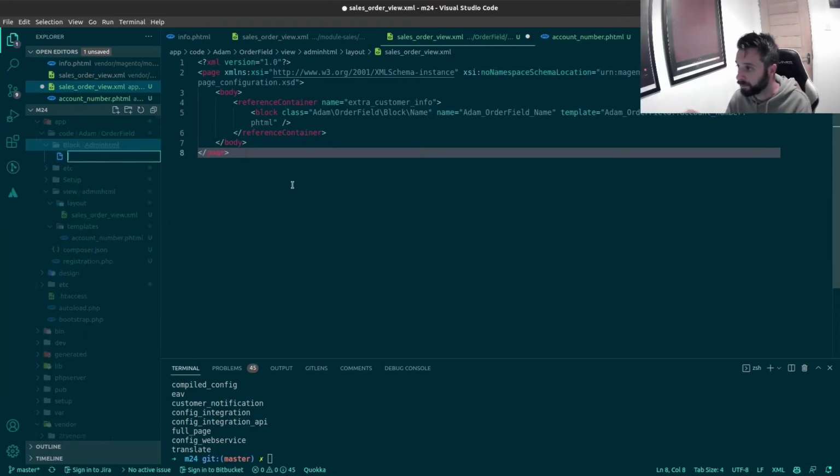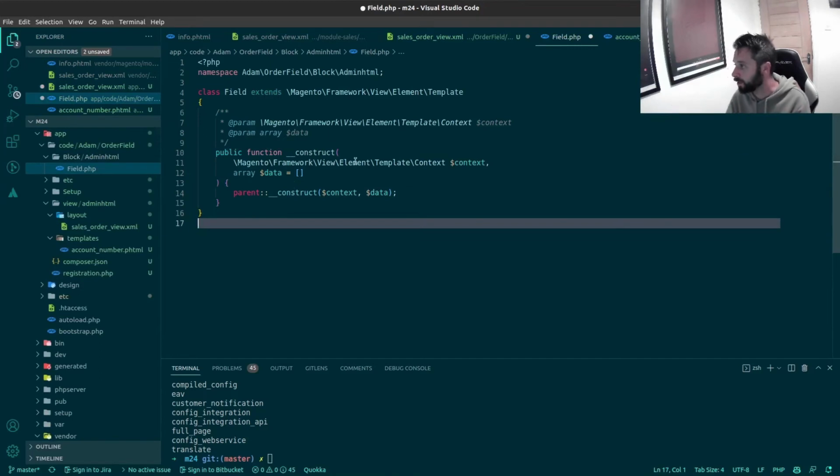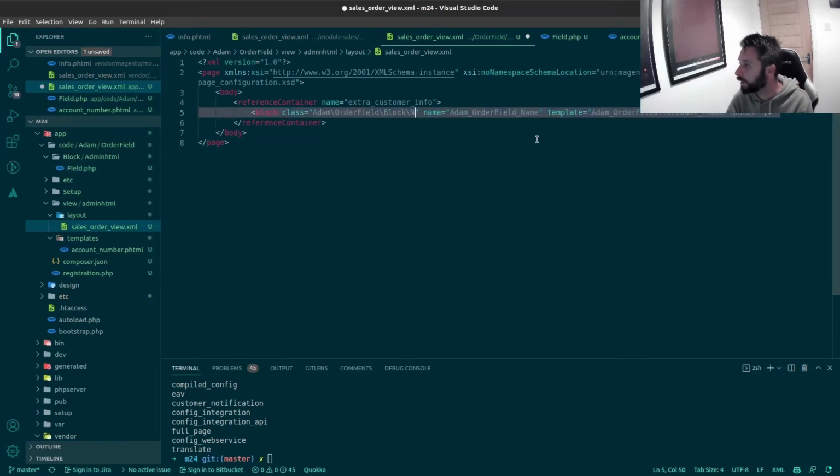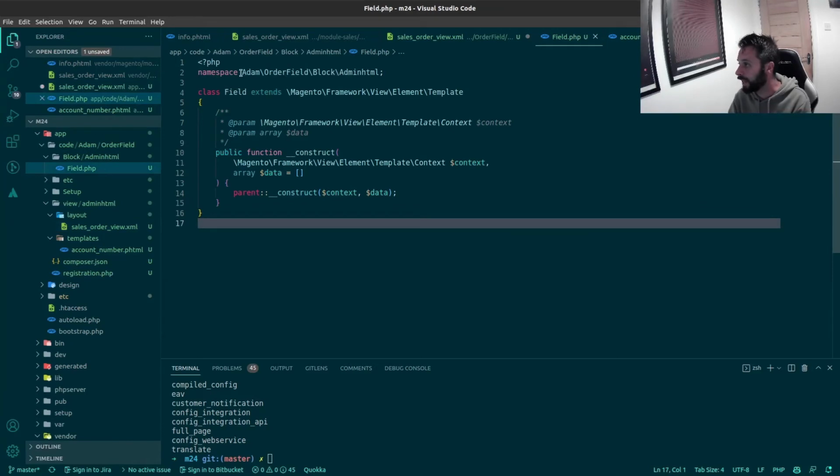And then I want a field.php, we'll call it. I have a struggle with the word field, don't I? Always have, always will. Okay, field, there we go. So we've got some boilerplate code in there, that's all nice. So that's the path basically to there. So add a monofield block, admin HTML,